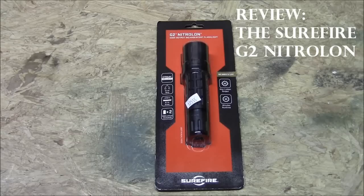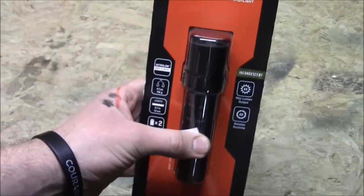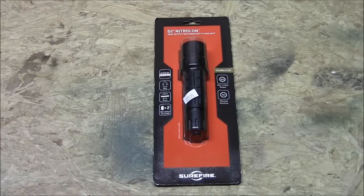We're looking at this item that came to us from Airsoft Atlanta, and as you can tell, it's a Surefire flashlight. And I mentioned this in the unboxing video, but Airsoft Atlanta is one of the only airsoft companies that have been licensed to carry Surefire products. So these are great